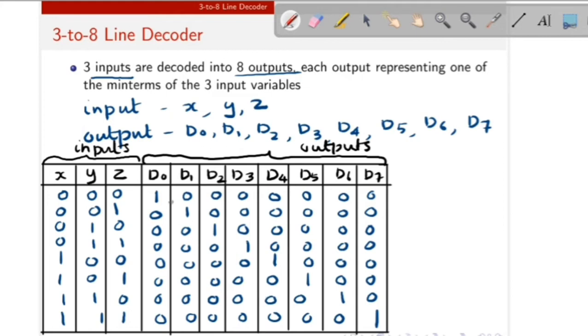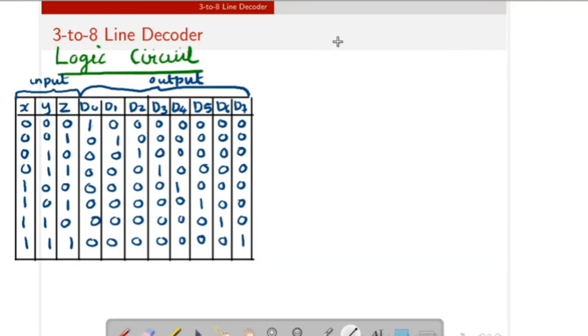So there are 8 outputs, and each output is 1 for only one combination. So no need to draw the K-map, you can directly draw the logic circuit. Next we can draw the logic circuit for this 3 to 8 line decoder.